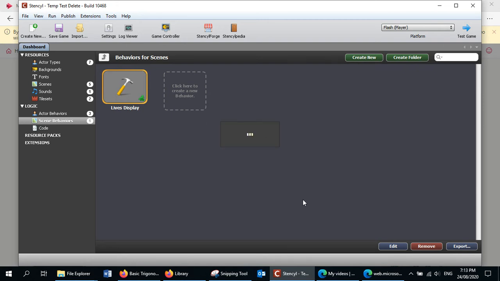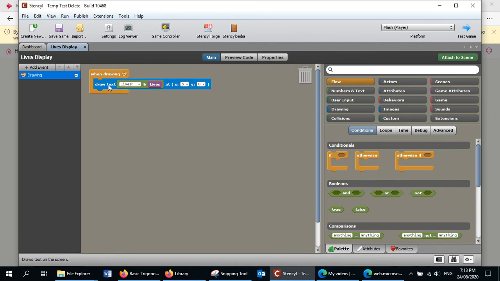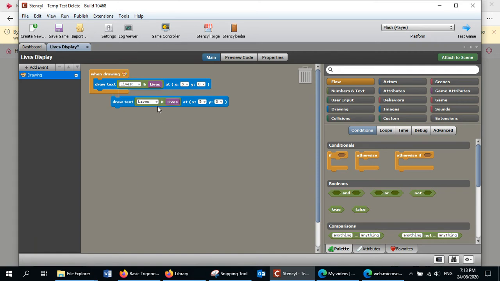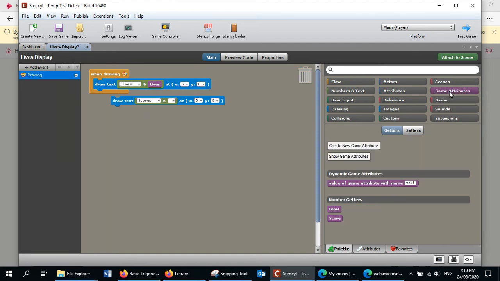So I'll double click that, and I'll just duplicate one that shows the lives there and just change a couple of things. We don't want that to say lives, that'll say scores now. And this here, we don't want to show lives, we want that to show the score. So game attributes, score,